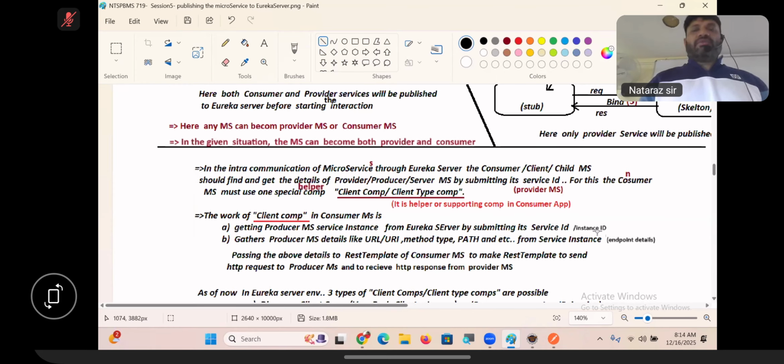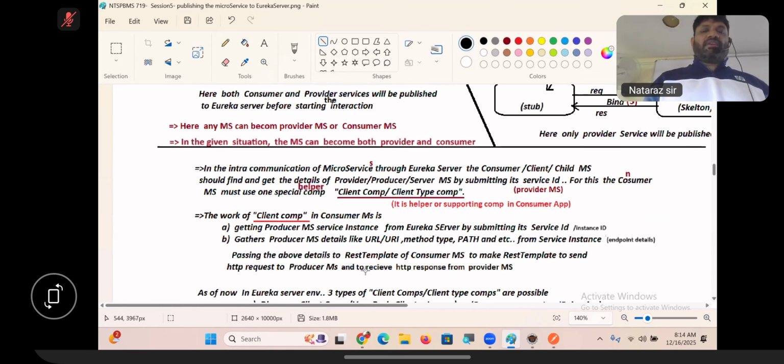It gathers producer MS details like URL, URI, method type, path, etc. from the service instance. These are the endpoint details. Passing the above details to REST template of consumer MS